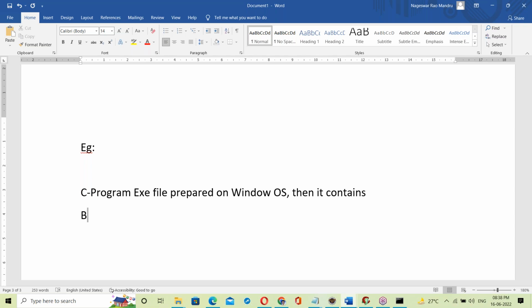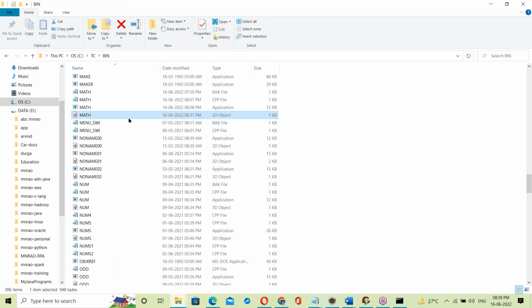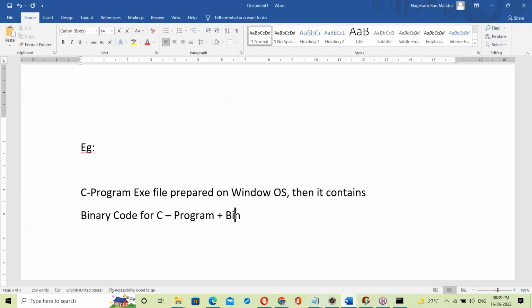At the time of creation of the exe file, what happens? The compiler takes the binary code for the C program, that is the math.obj file, which contains the binary code for the C program, plus the binary code for the C library. C library means stdio.h, conio.h. Those predefined header files already have some binary code. That binary code plus